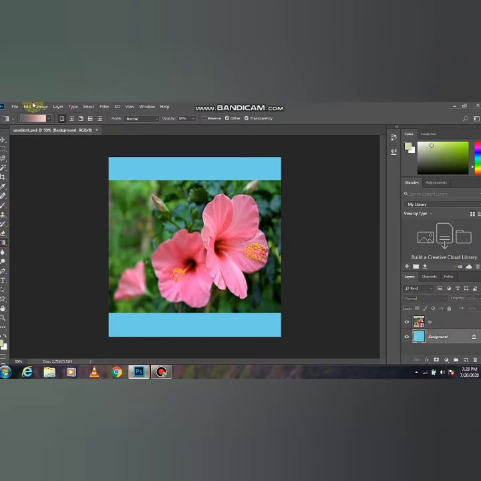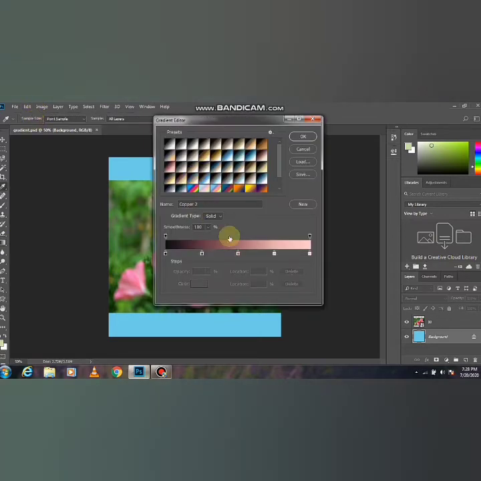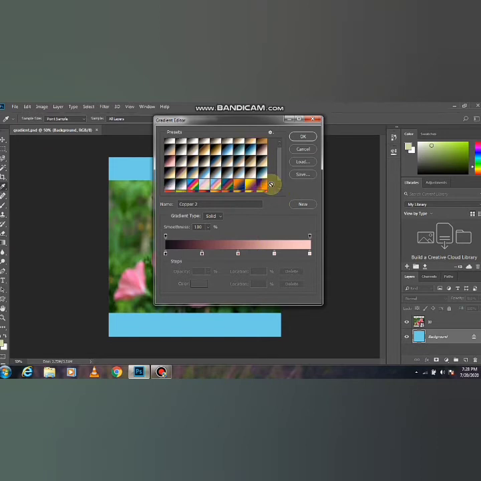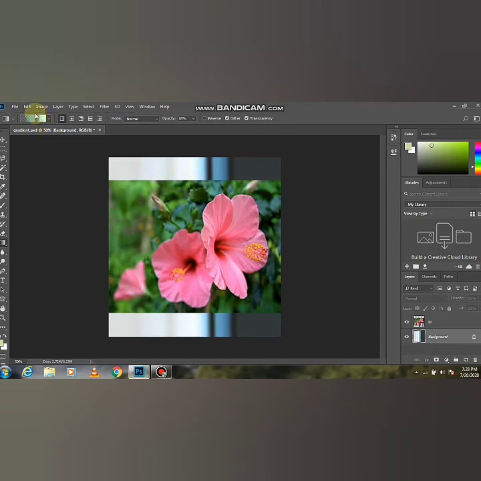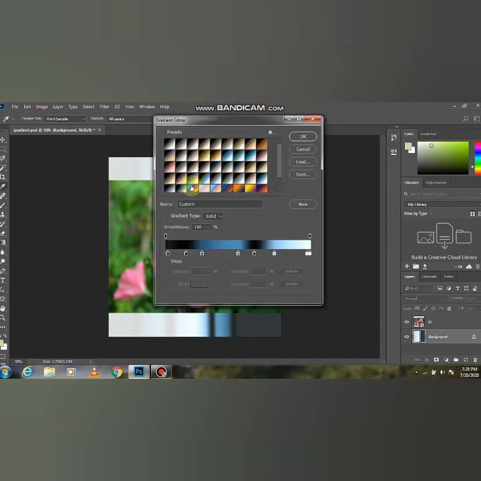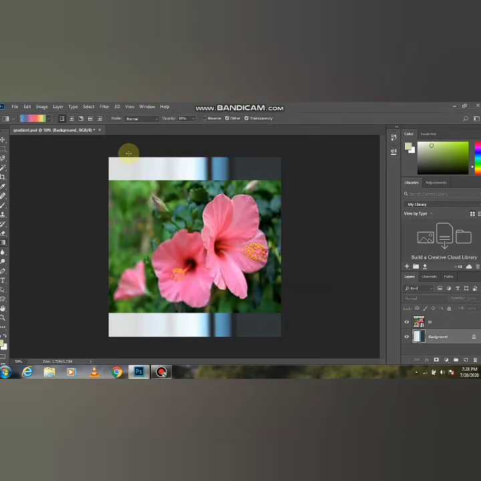Just click on the gradient tool and from the option bar, select the gradient editor. There you can select any of the patterns from the presets, and with the help of the gradient picker, you can even change the color. Just click on OK, and after that click and drag the mouse pointer in the selected area. You can notice that the selected gradient gets applied on the selected area. Here I am applying another one. Just click and drag it and you can find the change over here.